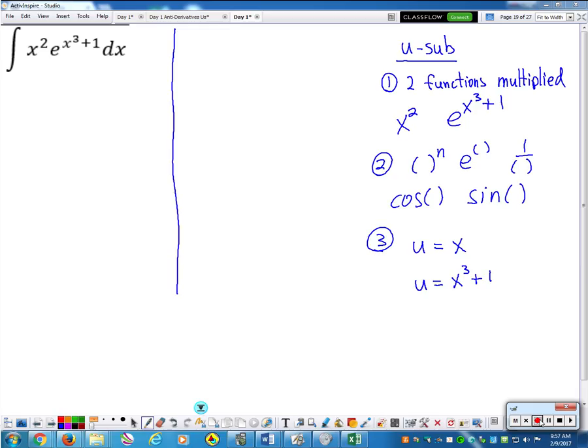Because it's like, is it being raised to 2? So the derivative of 2x